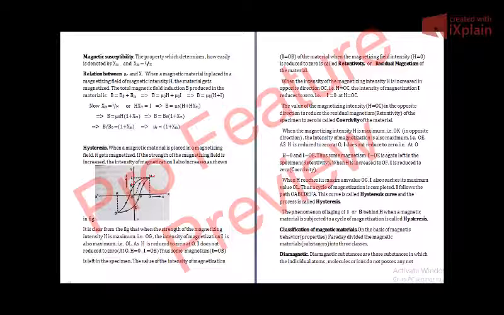I hope you will have understood it. We see when we increase the magnetizing field, the intensity of magnetization increases, the specimen starts getting magnetized, and when the magnetizing intensity is maximum, it is high, and after that we are not able to increase it further. So when it is high, the intensity of magnetization is also high.